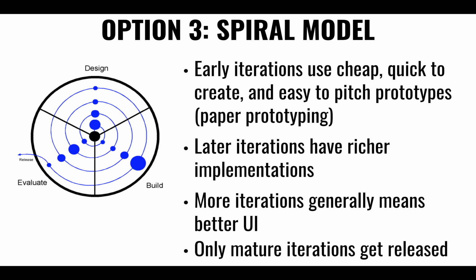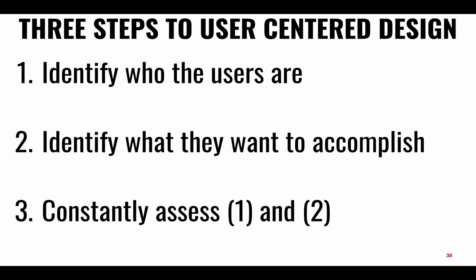So the spiral model is perhaps a better approach, where we can incrementally iterate over several versions of the interface. Perhaps start off with something really simple, something really inexpensive, perhaps some throwaway prototypes, even on paper, where we can discern very quickly whether to go one way or another, right? If we could just test some hypotheses on some of these user interfaces and really quickly whittle down some of the options that we might have brainstormed early on.